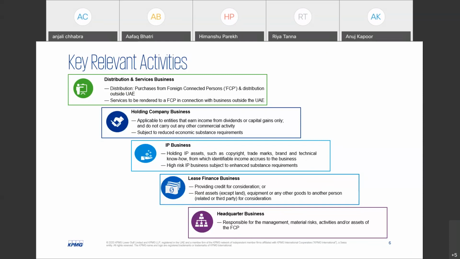Again, picking on the distribution and services business activity, one really needs to look at these activities not by the nomenclature, but by what the intention is. The intention is: if by dint of engaging in any of these functions, there is a revenue or a margin being booked at the UAE level,